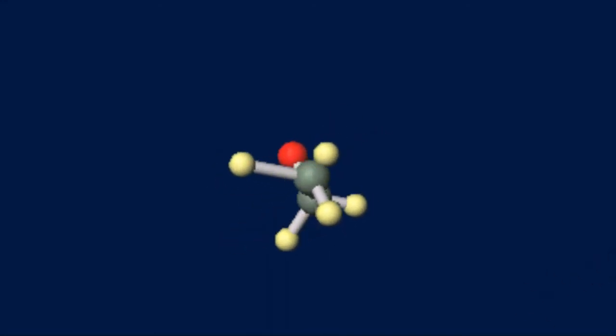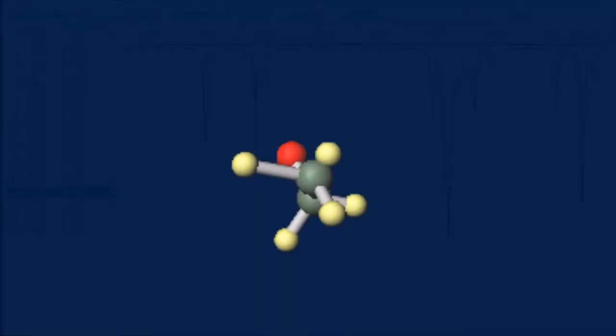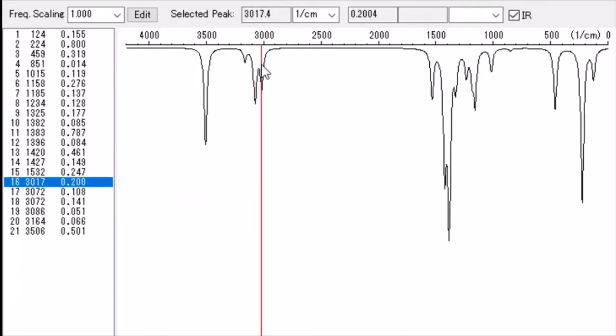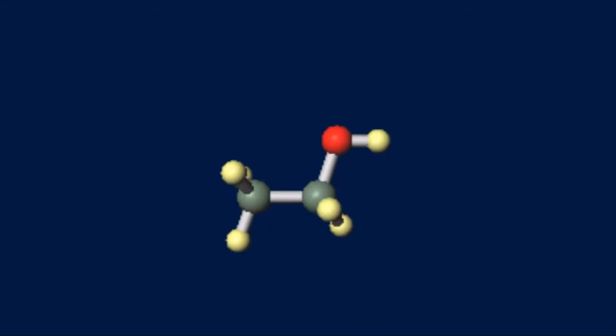I think you can see it from a different angle. Now you can see the asymmetric stretching. One bond elongates while the other bond compresses, and this kind of stretching is called asymmetric stretching. This is the asymmetric stretching corresponding to that peak, right? So let us see another example. We shall see the adjacent peak. What does this peak correspond to? Let us see that also. It corresponds to the CH2 peak, asymmetric stretching, right?